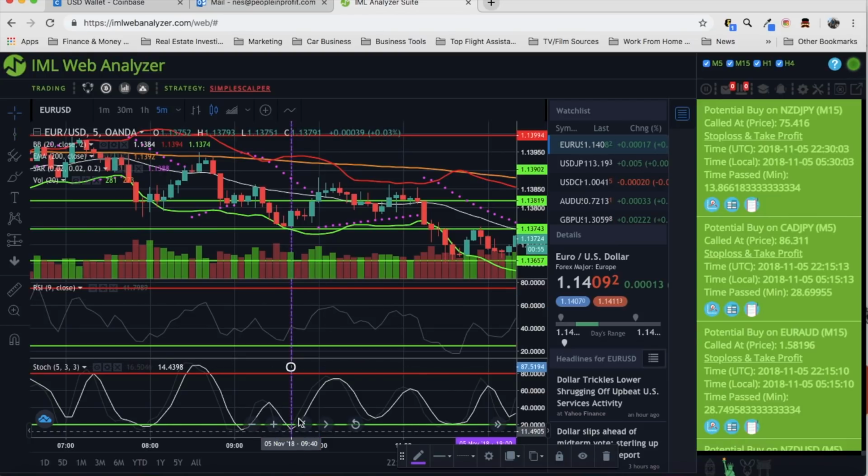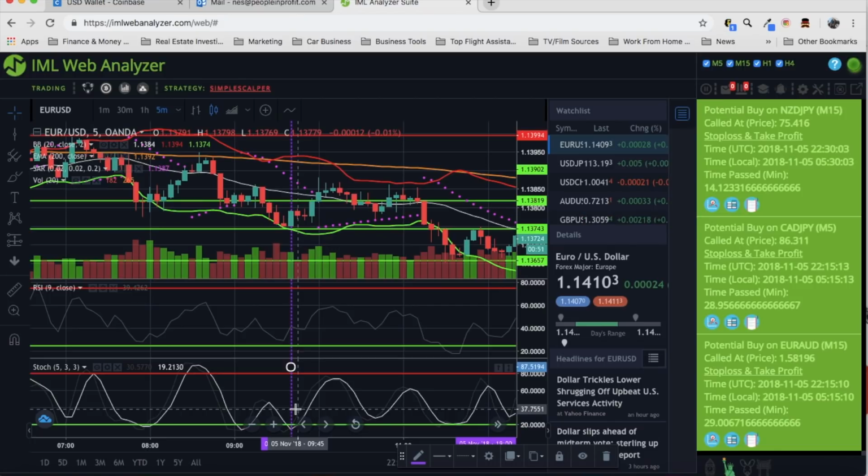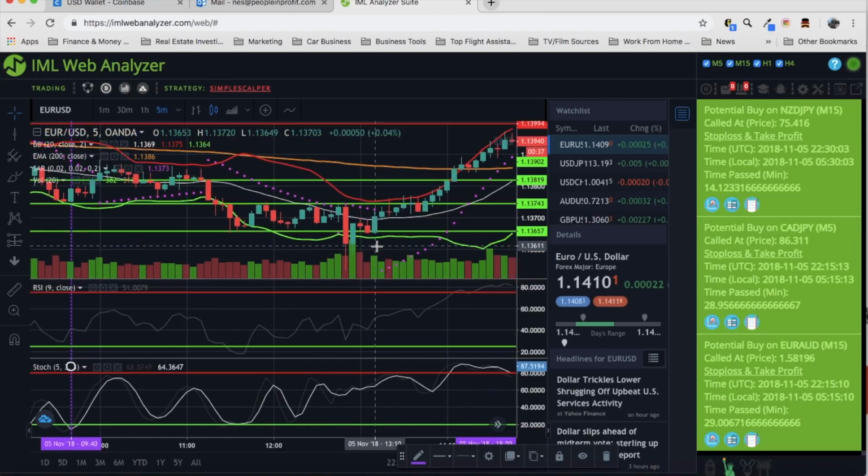All right, cross up the stochastic. Cross up the green line. That's one confirmation for a buy. We didn't really get quite a confirmation over here. Green volume bar, price at the bottom Bollinger Band, price at support. So all you need is 3 or more confirmations for you to get into a buy or a